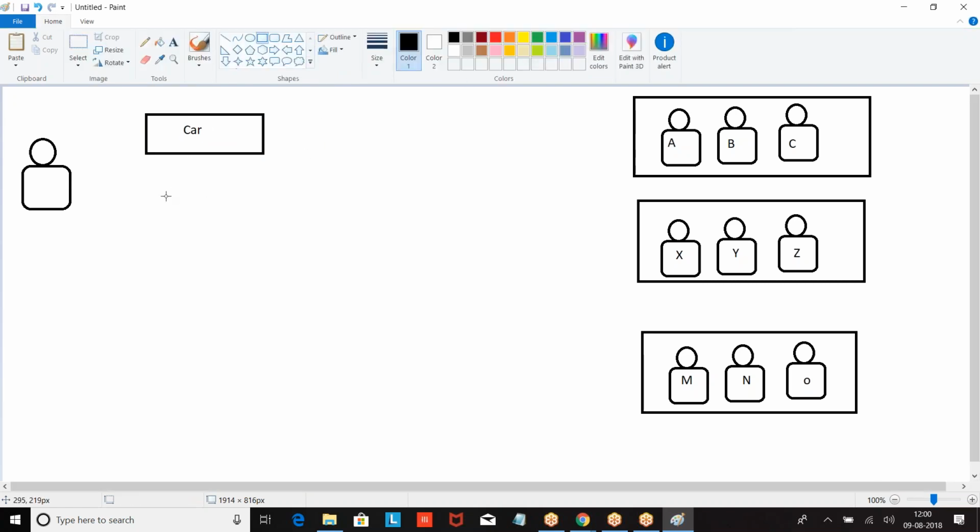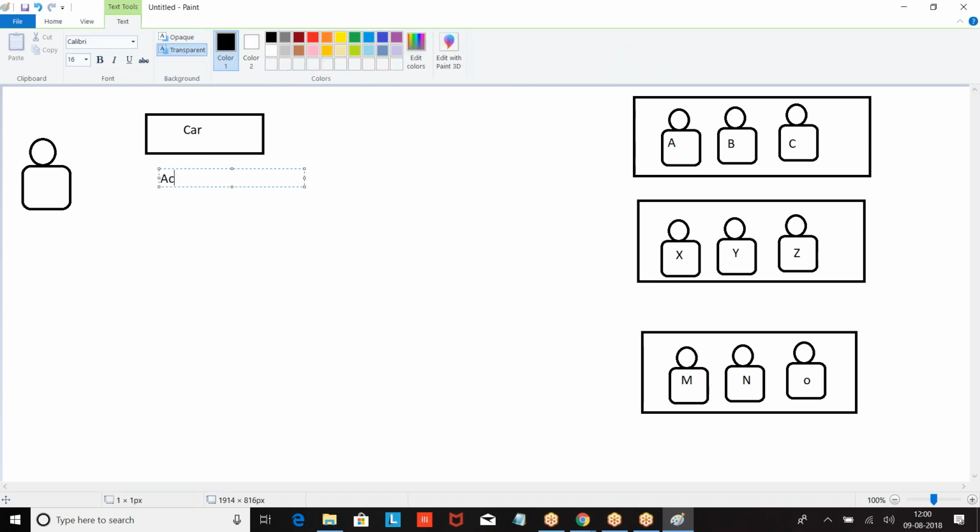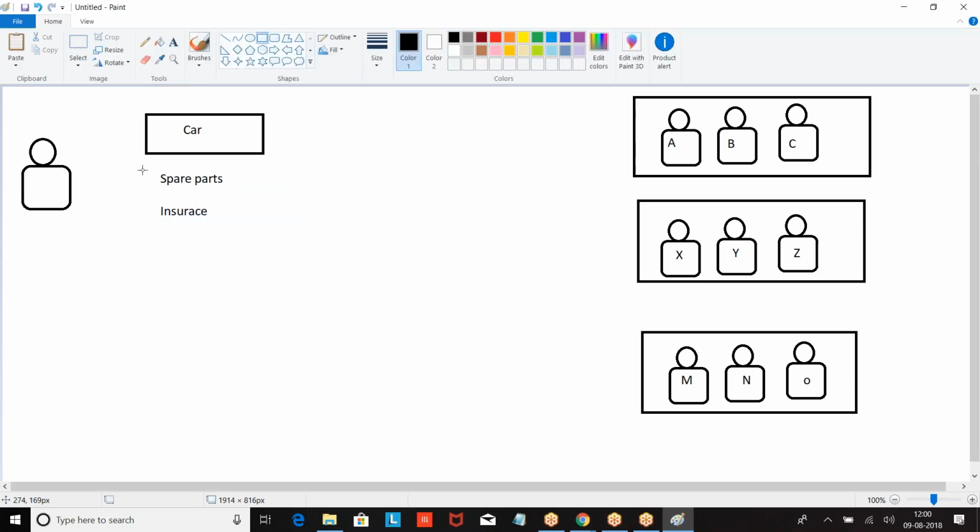Now, there is a team. This guy wants a car. On top of this car, he wants some accessories, some interior, some spare parts. And also he wants some insurance. But when you are purchasing the car, there is a separate team.